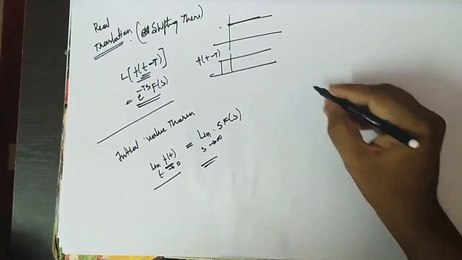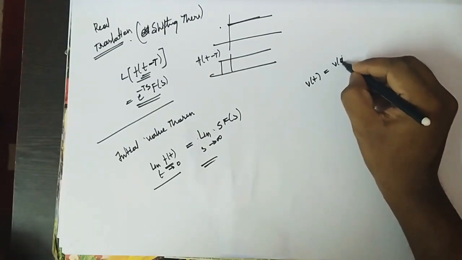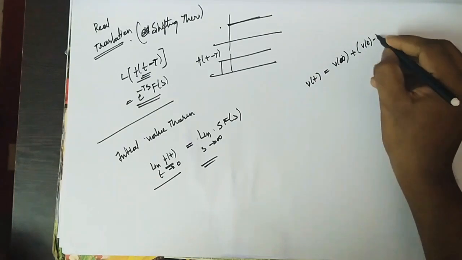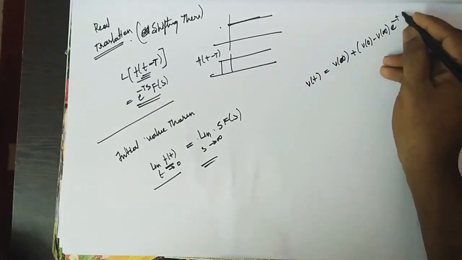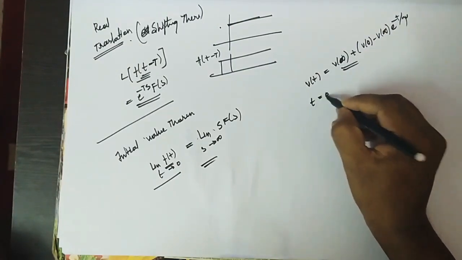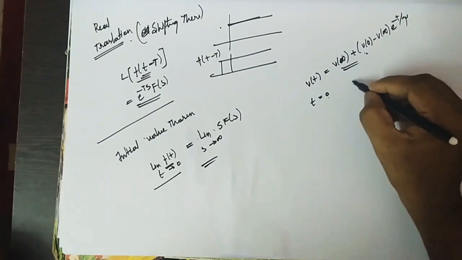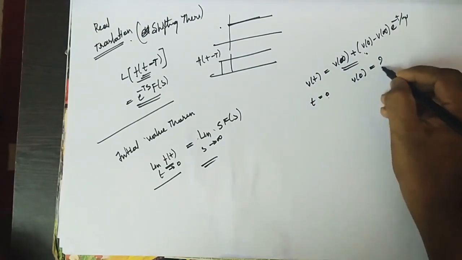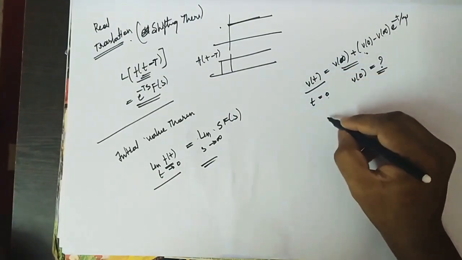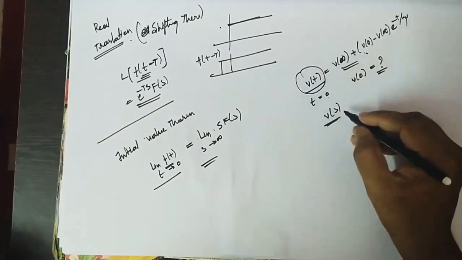If you get the circuit equation f of t equal to some function, V infinity plus V of 0 minus V infinity times e power minus t by tau, this is the function you got. To find it at t equal to 0, you simply substitute t equal to 0 in this equation and you get V of 0 equal to some value. Instead of doing that, you can find V of s, the Laplace transform, with the time constant.